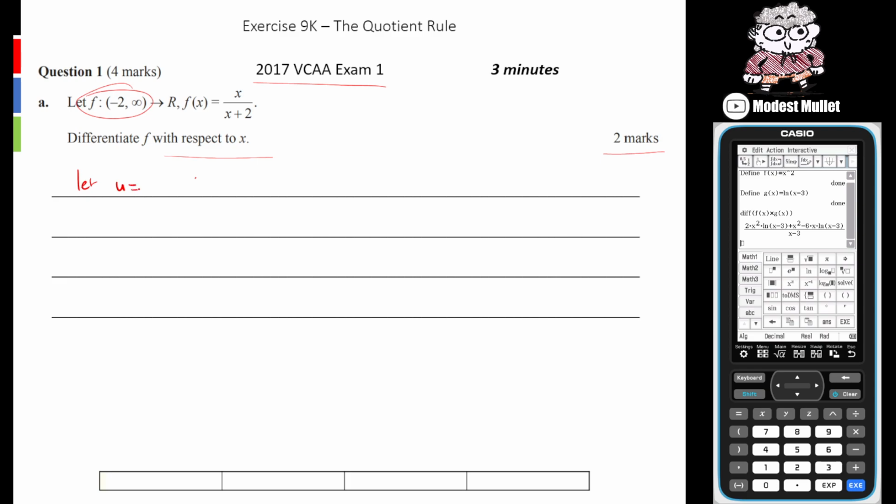Okay, we're going to let u equal x, v equal x plus 2, u dash is 1, v dash is 1, so f dash of x using their notation is equal to v u dash minus u v dash on v squared, is equal to